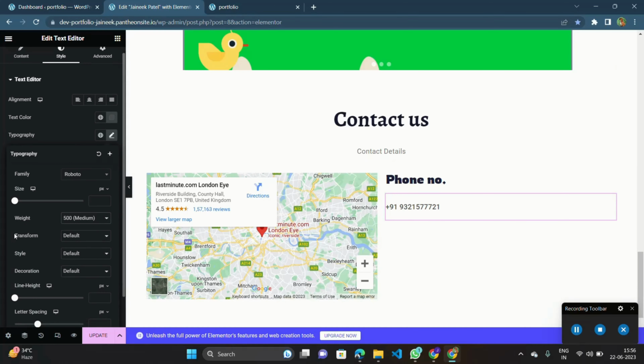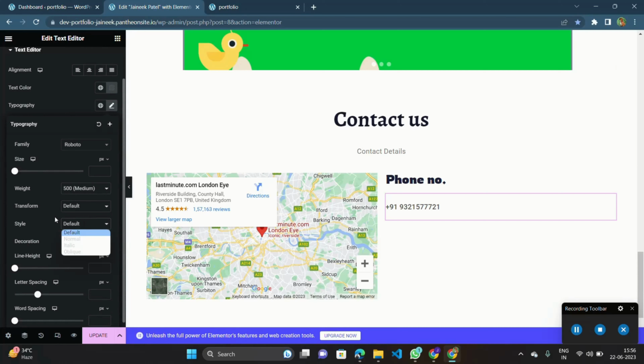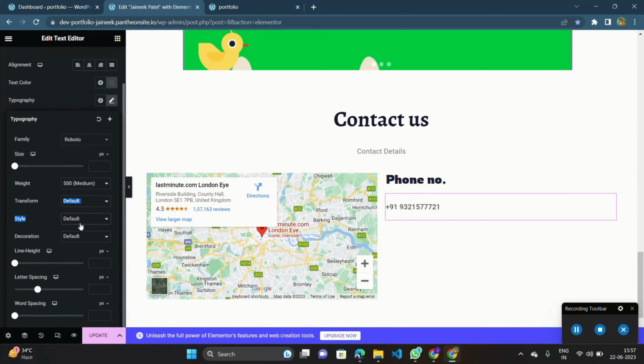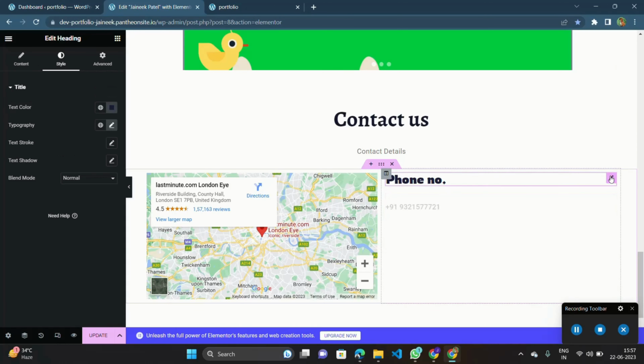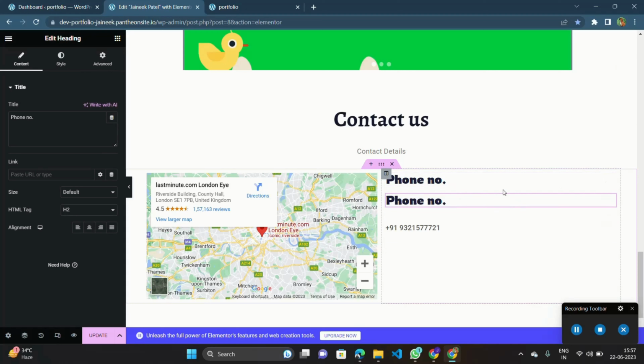After that, style, if you want, then you can write it as italics or oblique. So I will select the default option, and after that we will duplicate this title with the shortcut key Control